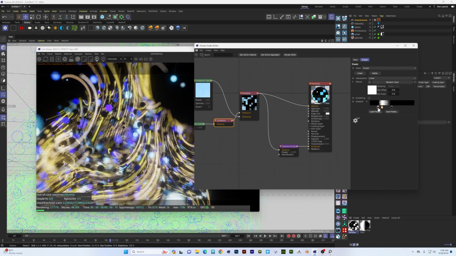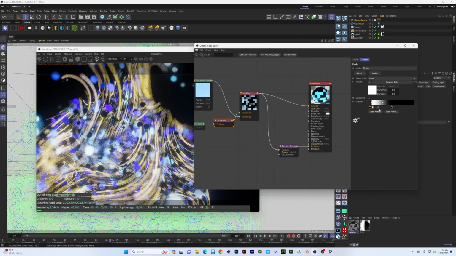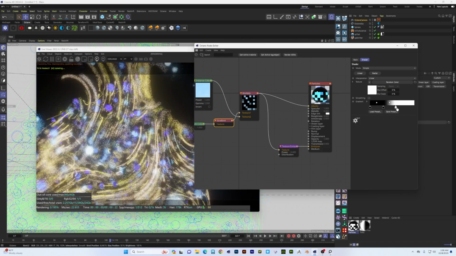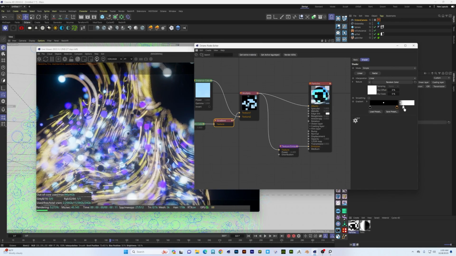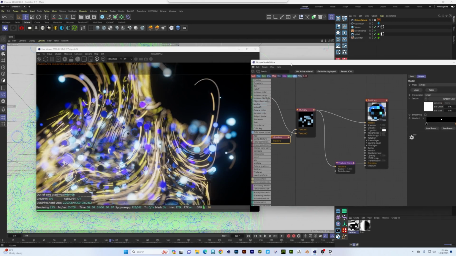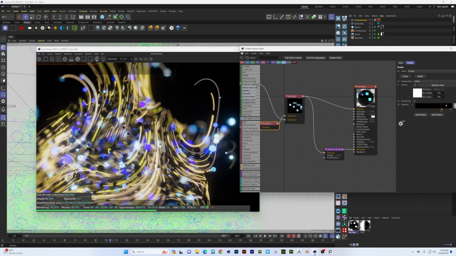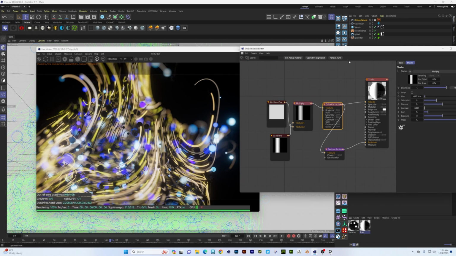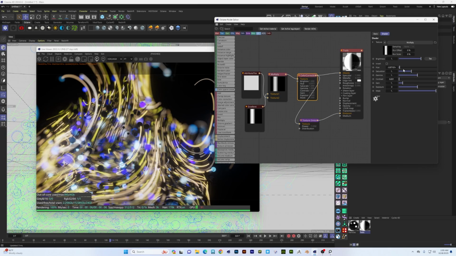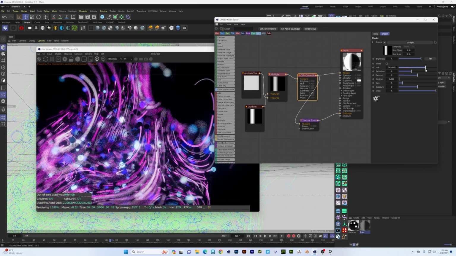Another thing you can do is just drag around this white area. Like if there was a particle that you want to be lit up, then you can just move this around. There we go, something like that. So, I'm not gonna sit and try and make this too fancy because ultimately the point of this was just to show how quickly with X particles you can make something like this, and just have a ton of control